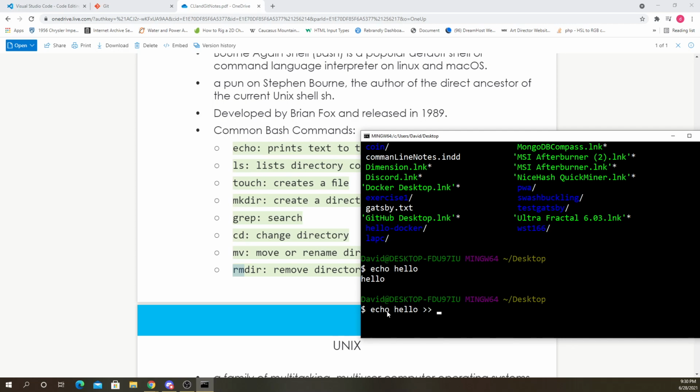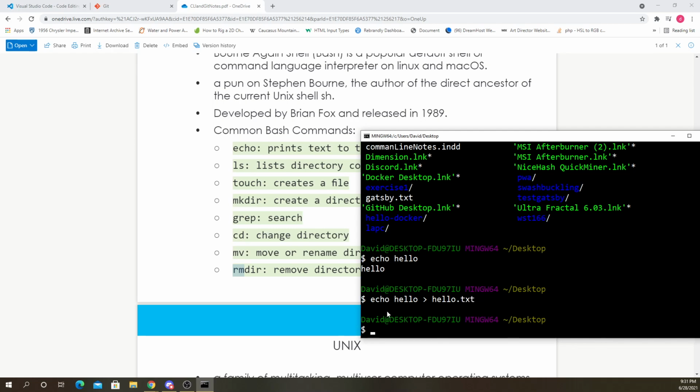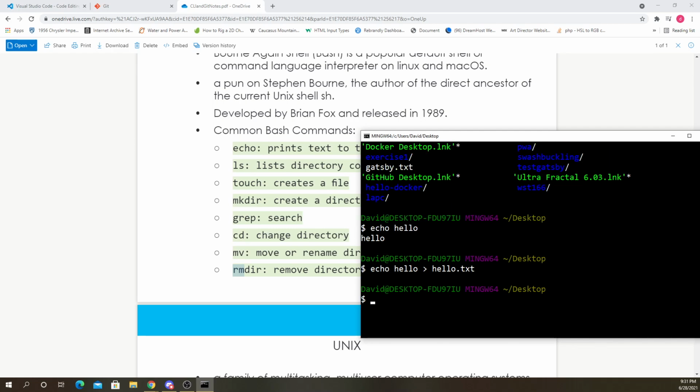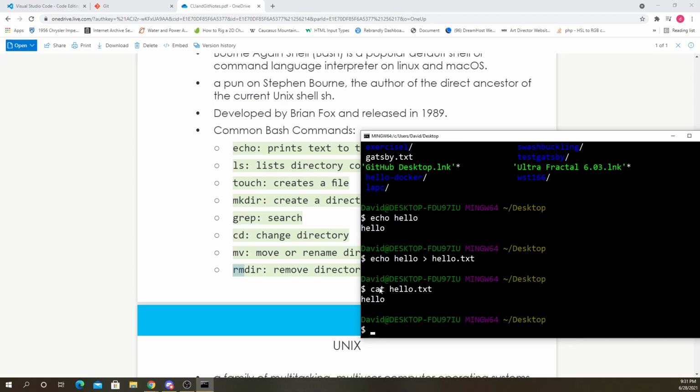So the first hello doesn't matter if I use a single or double, but after that I should use a double if I don't want to replace the entire text, right? So if I say hello and then I put it in hello.txt again, and we look at hello.txt, we can say cat hello.txt, and that will read what's inside hello.txt for me.